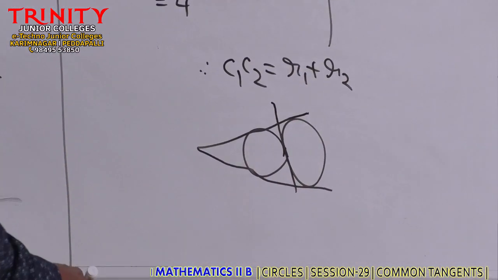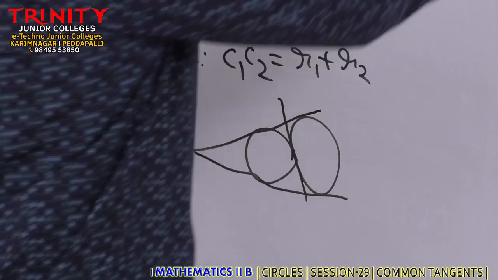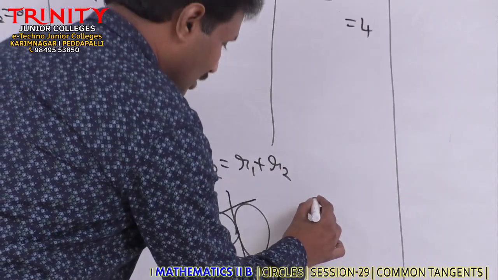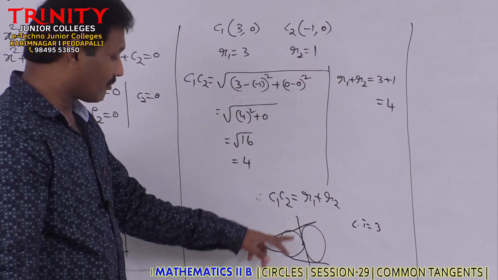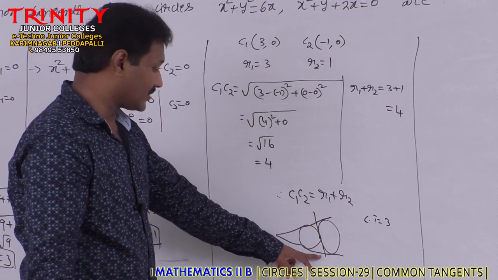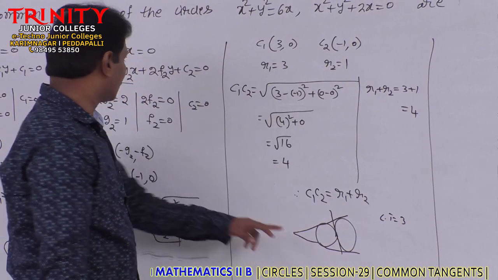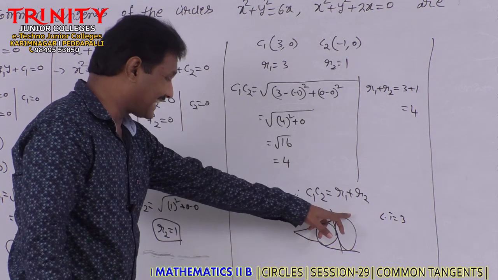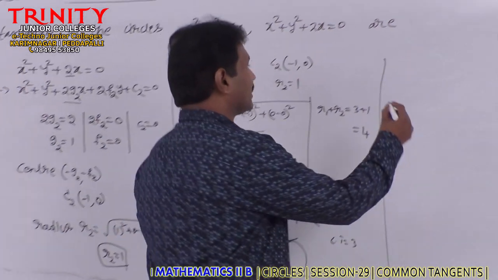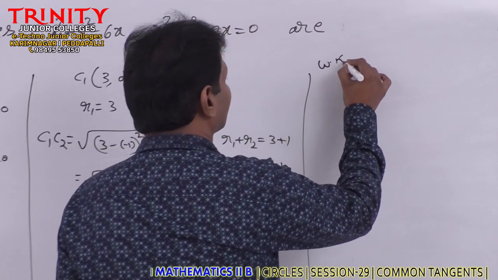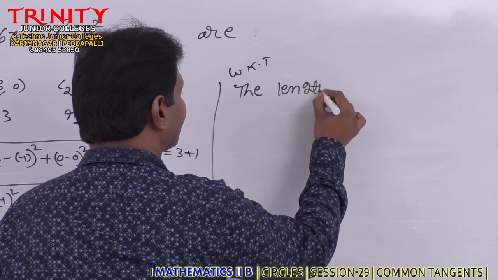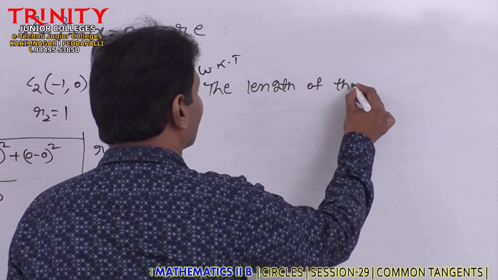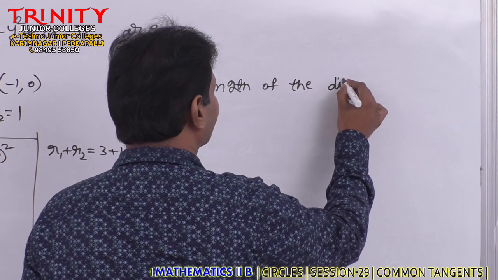The length of the common tangents here means the direct common tangents. In this case a total of 3 common tangents are possible: 2 direct common tangents and 1 transverse common tangent. That means the length of the common tangent refers only to the direct common tangents. We know that the length of the direct common tangent is